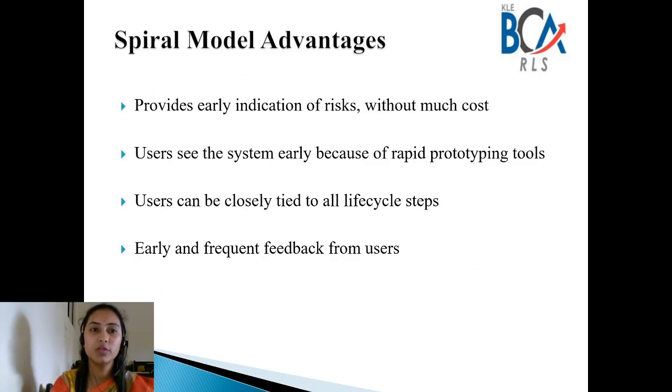Let us see some of the advantages. It provides early indication of the risk without much cost. As you plan out everything, first you get to know all the possible risks. So without costing much, you will identify the risks here. And users see the system early because of the rapid prototype models.